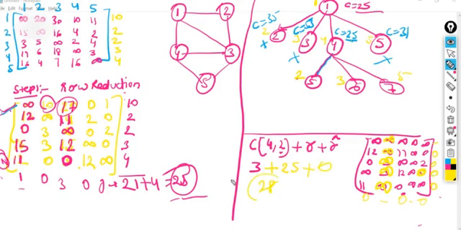So what will be the cost? What are we getting from here? It's 28. So the cost of node 2 is 28 that we are getting over here. In the same manner you can find the cost for node 3 and the other nodes. If we are traversing from 4 to 3, then we have to take the original fourth matrix and make column number 3 infinity and find the cost here. So I'm just directly writing here the cost of the nodes.